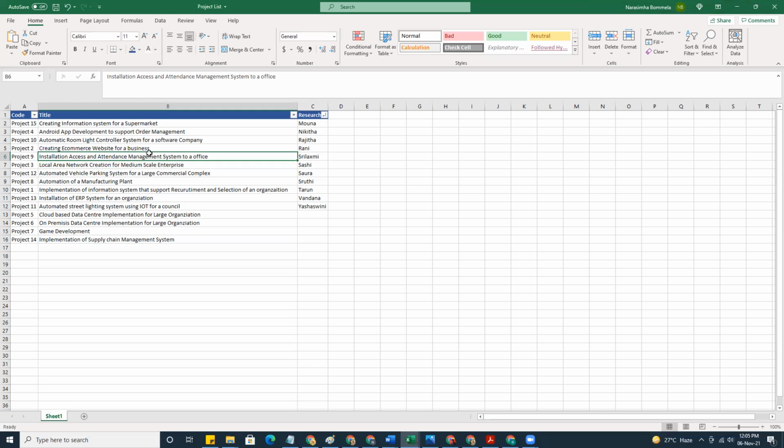It's a simple application that automatically allows the user when he is entering the office. It provides access when he swipes the card, and it automatically creates attendance for that particular person. When he visited, when he left the organization, all these details will be maintained.